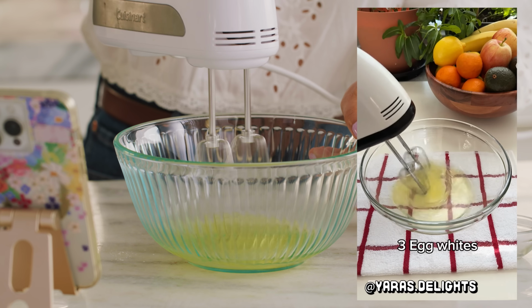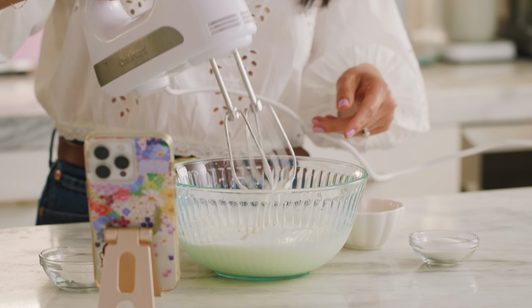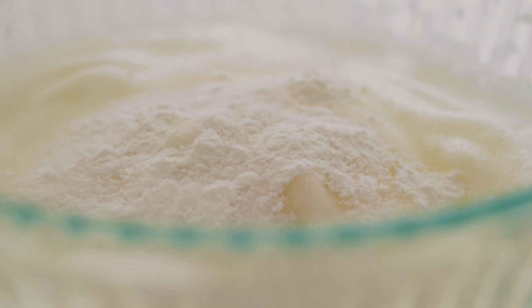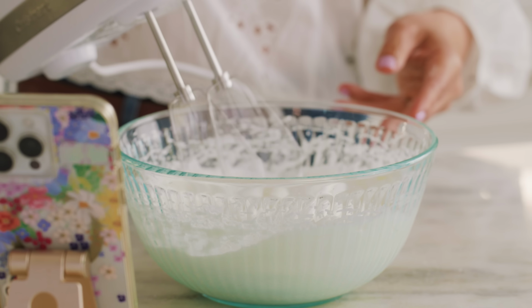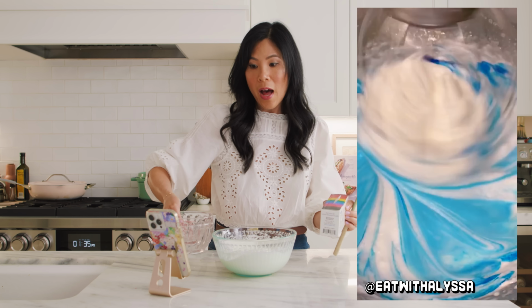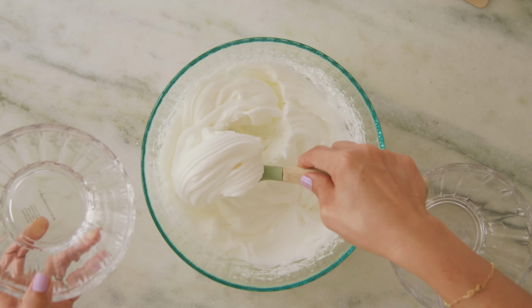And now she whips it up until it's nice and fluffy. This is called soft peaks. Then she sprinkles in some sugar and cornstarch and some food coloring, but I have other plans for this. Let's whisk it up to stiff peaks. Nice and glossy. And while this creator made it blue,